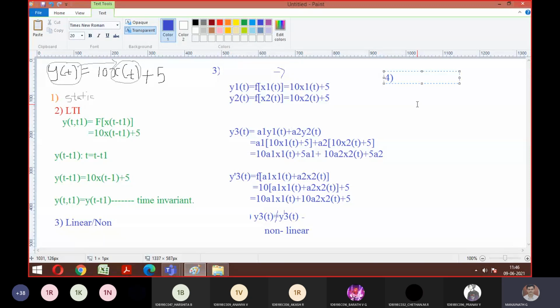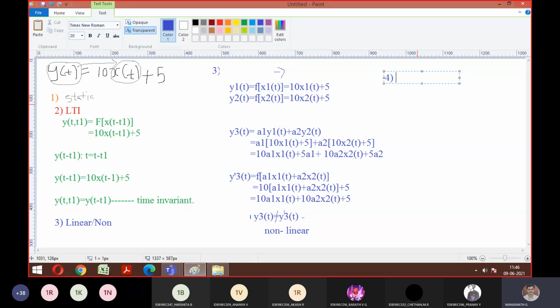So what is the fourth one? You have to find whether the system is causal or not. So what is the answer? What is the statement you can make for causal, guys? A system is said to be causal if its output depends upon present as well as past inputs. So observe the question, tell me this belongs to which category?